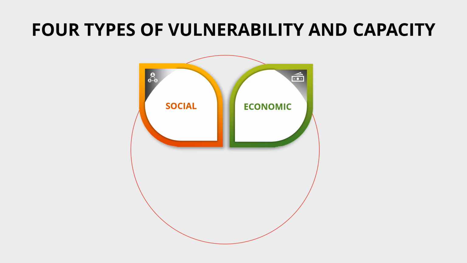Economic vulnerability in the context of disasters refers to the susceptibility of an economy, whether at the individual, community, or national level, to suffer damage and loss in the face of a disaster. This vulnerability is primarily determined by economic resilience, or its capacity to absorb shocks and recover from them. An example of this is a coastal community that relies heavily on tourism, and when there is a storm or typhoon, that will certainly have a greater impact on them.